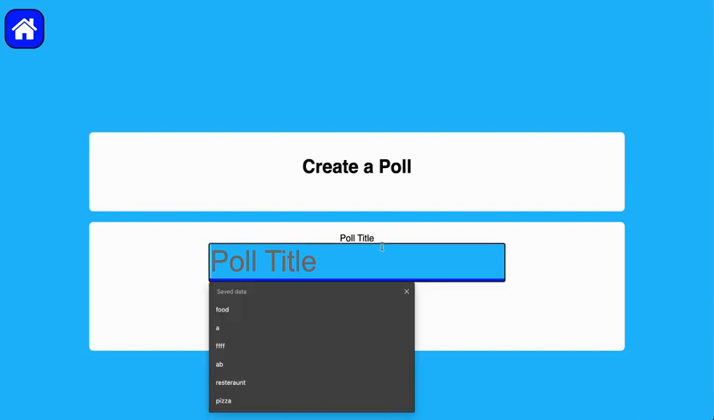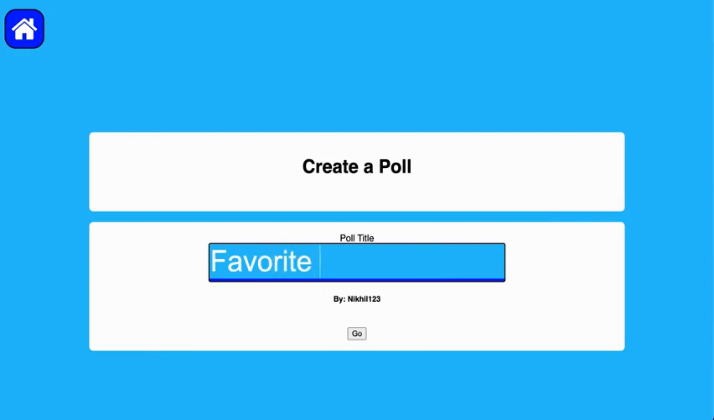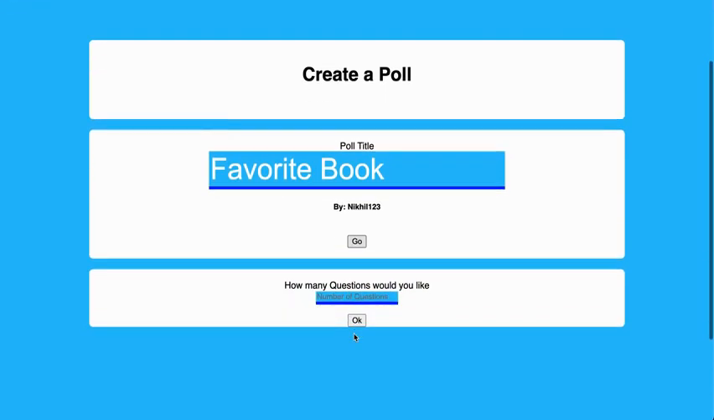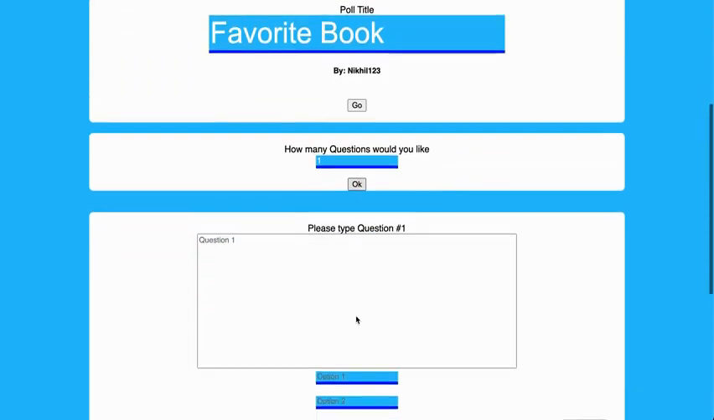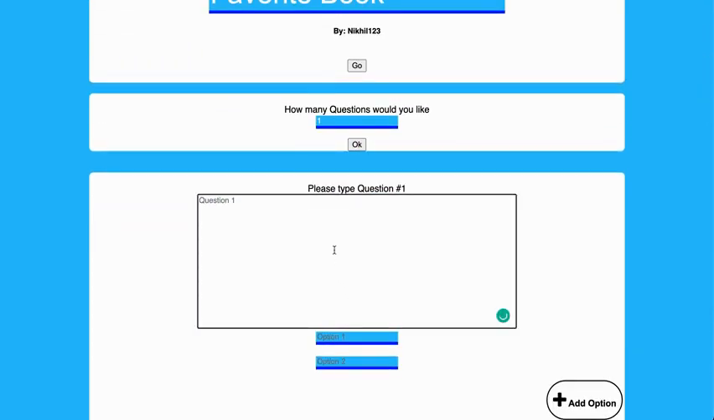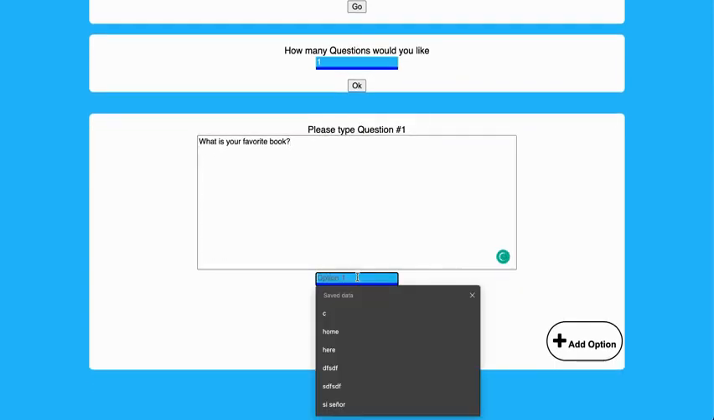Here I would type a title for my poll. So let's say favorite book. And then we would click go. And then an input field comes and asks us how many questions would you like. So I only need 1 for this poll, so I'm going to click 1 and enter. And then the first question: what is your favorite book? Question mark. The options, I'm just going to put